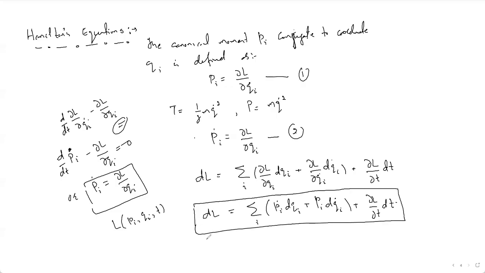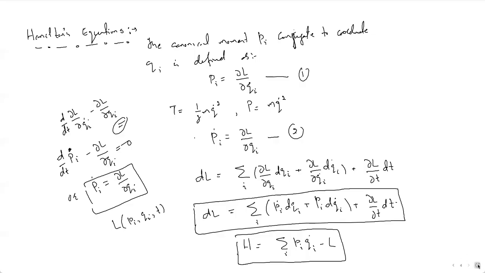Fine. Now, you also know that the Hamiltonian is defined. We can define a Hamiltonian in two ways. One is the sum of the kinetic energy and the potential energy. Also, we define this Hamiltonian H as the summation over i of the conjugate momentum p_i q dot i minus L. Is that clear? Yes sir. Very good.